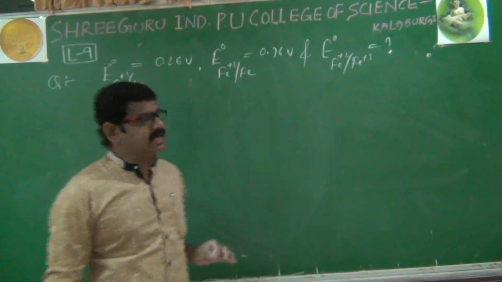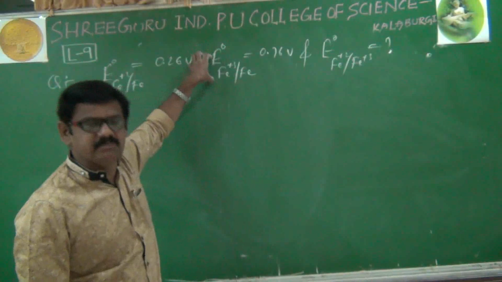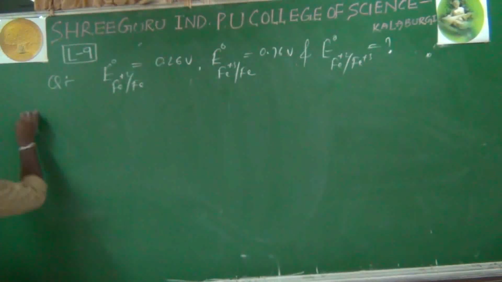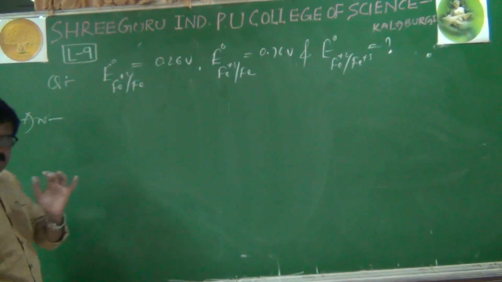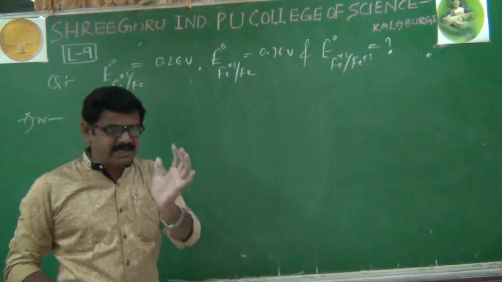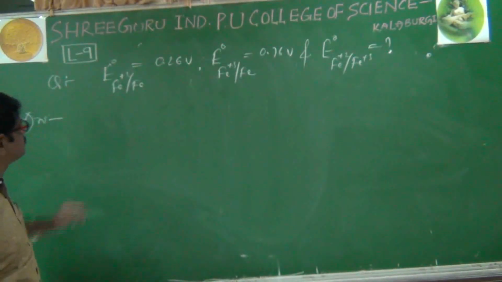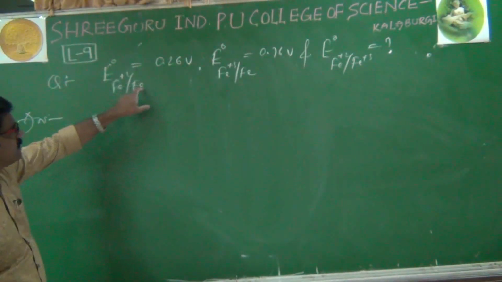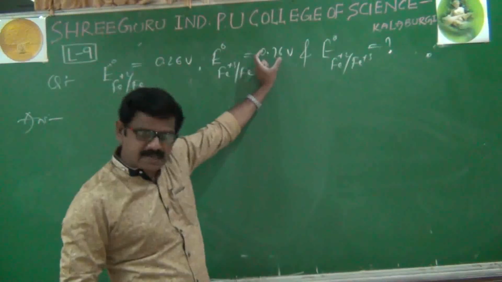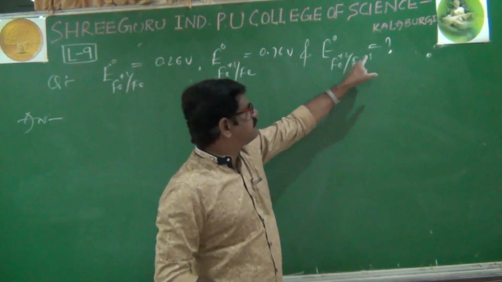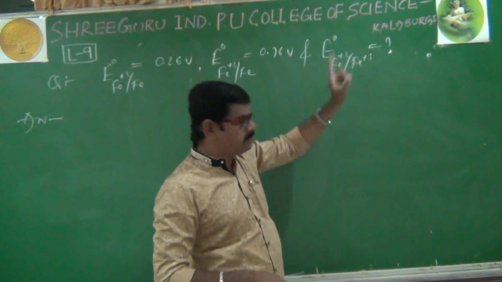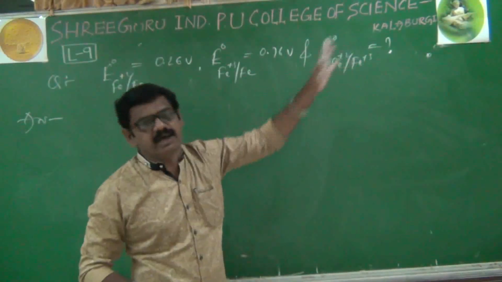This is a very simple concept, and this type of question is very important especially for all types of competitive examinations. The answer will be solved like this. First, whatever symbol is given, we write its appropriate reaction. Fe plus 2 converts to Fe, which is a reduction symbol, an SRP value. Here also a reduction symbol, an SRP value. But here Fe plus 2 converted to Fe plus 3 is an oxidation symbol, which means it is asking for an SOP value.